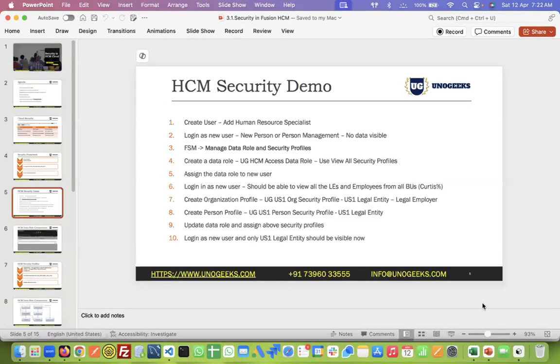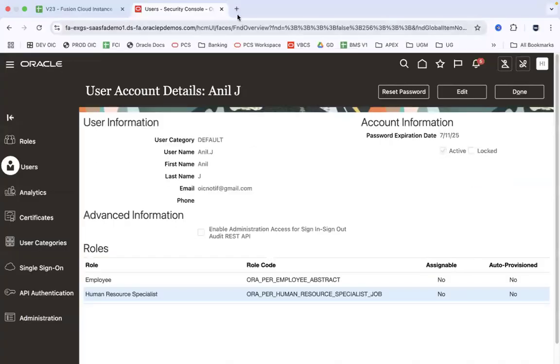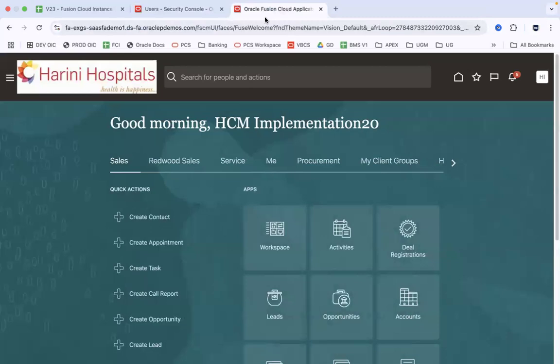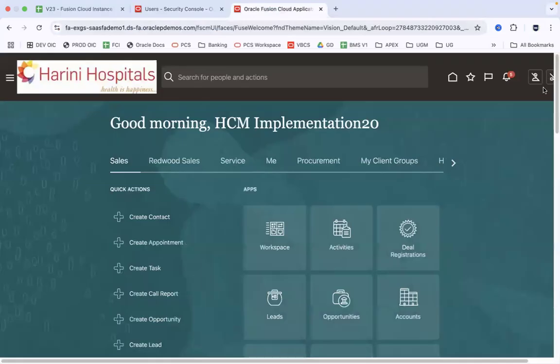Manage data role and security profiles. And how do you go into the FSM screen, guys? I'm going to access the Fusion Cloud instance again. I'm going to access the Fusion Cloud instance link in a new tab. And to access the FSM screen, the Functional Setup Manager screen,